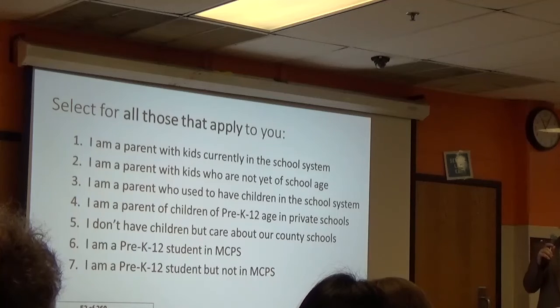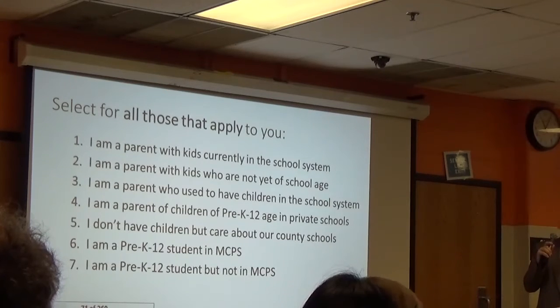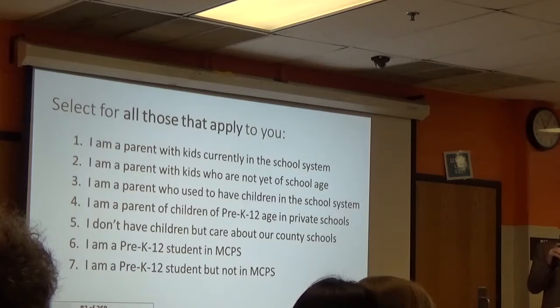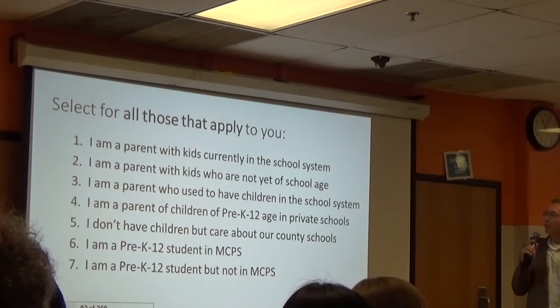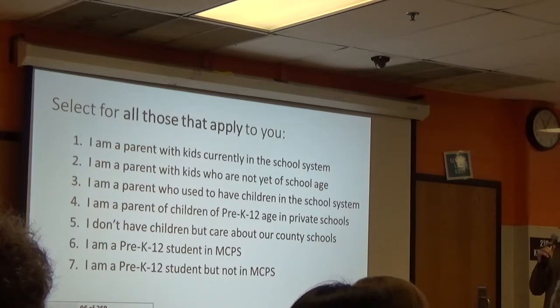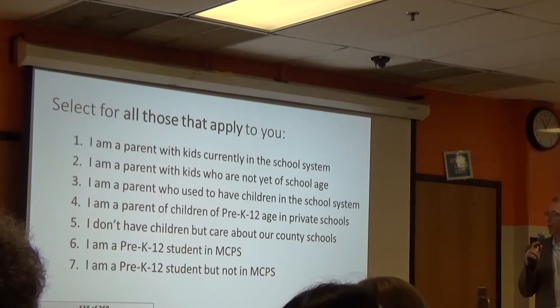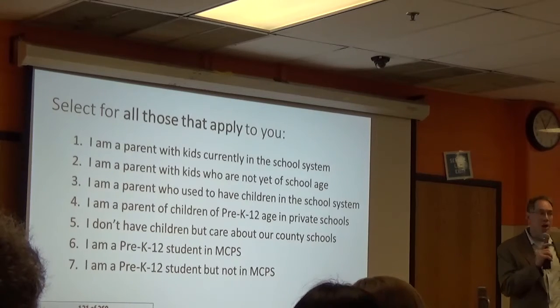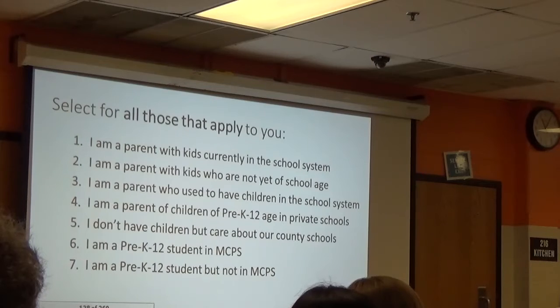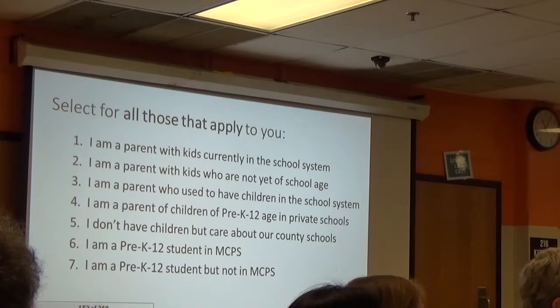1, I'm a parent with kids currently in the school system. 2, parent or guardian with kids who are not yet of school age. 3, a parent or guardian who used to have children in the school system. 4, a parent of children of pre-K-12 age in private schools. 5, I don't have children but care about our county schools. 6, I'm a pre-K-12 student in MCPS. 7, I am a pre-K-12 student but not in MCPS. So again, if there's more than one that applies, you can just press those. If none of those apply,